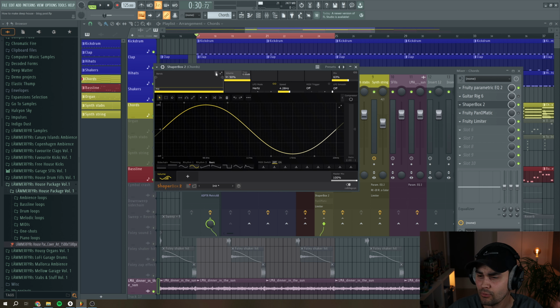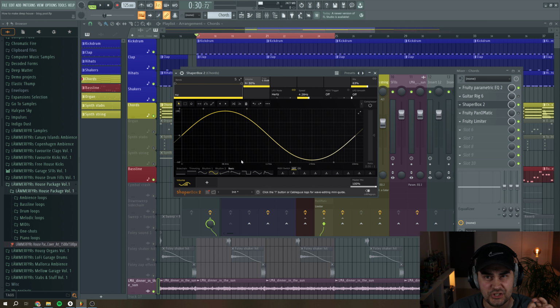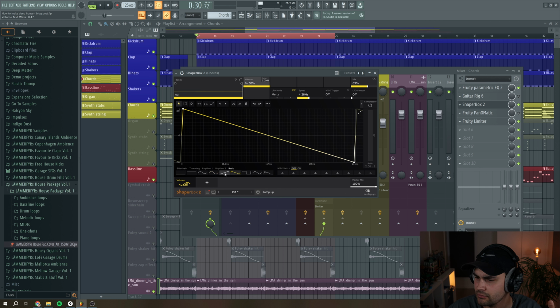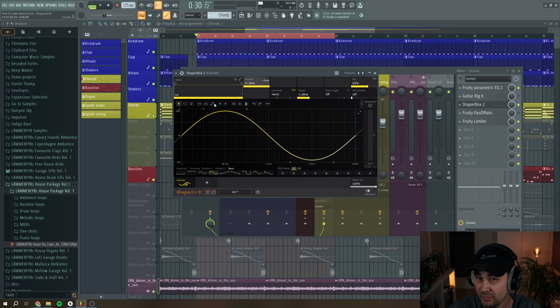So I have one last plugin that you can use for this tremolo effect, and this is the ShaperBox from Cable Guys, the volume shaper. So here you have a little bit more control. Basically we can, as I showed you before, change these different waveforms. We can also draw them in ourselves. We have the speed, the rate of the LFO. We can also put this into a syncing mode, and we have a mix knob, which is also pretty handy. So if you try to play the chord sound,